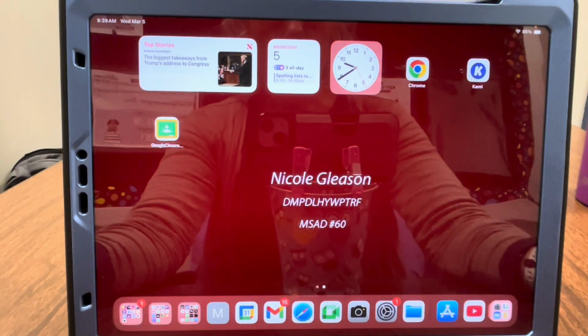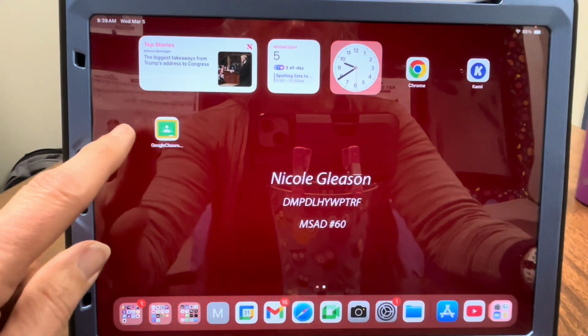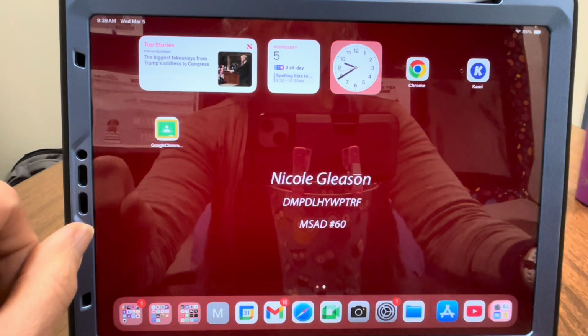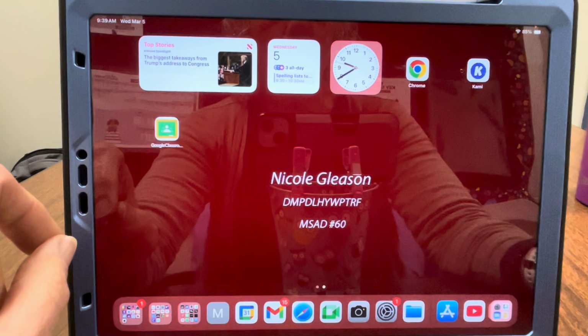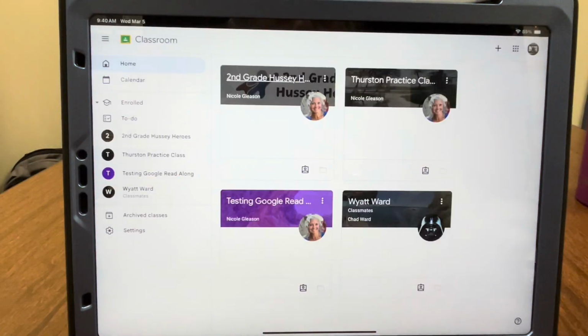So the first thing that you're going to do is go into Google Classroom. This is a shortcut that we have put on that will take you right to Safari. This tutorial is using Google Read Along in Safari, not the app. So click on your home link to Google Classroom and it'll open up in Safari, and you should already be logged into your classroom. If not, you should watch a tutorial on how to log in, and then you're going to go to the class that you are working